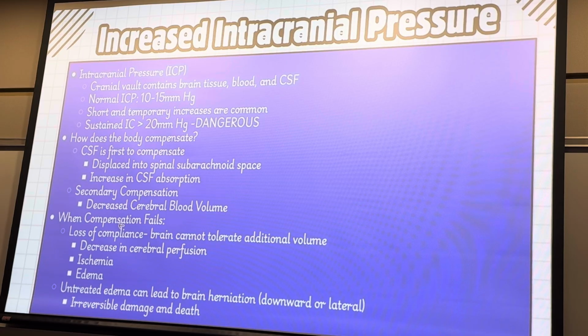And if it goes untreated for too long, the only place it can go is down. That's where we have that herniation of that brain tissue, of that brain matter. When that occurs, pretty much death is shortly thereafter. You don't really come back when your brain herniates. So basically that opening at the very bottom of your skull where your spinal cord attaches to the brain tissue, it herniates downward. Right? That point is pretty much too late.